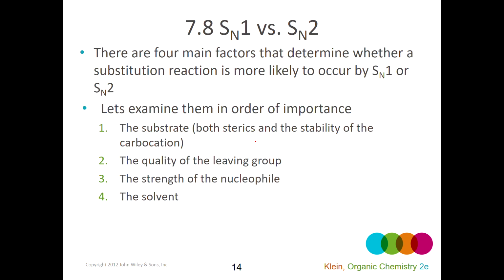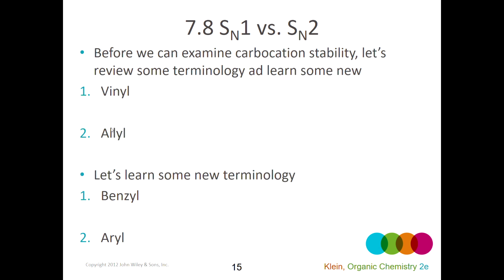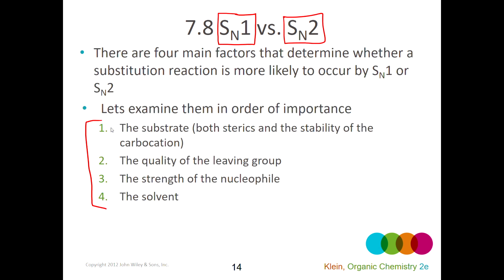All right, so we've talked about a variety of these factors, but if we're in a situation where we have to decide if the reaction is going to happen by an SN1 mechanism or whether it's going to happen by an SN2 mechanism, we want to carefully analyze each of these factors before we really make the determination. So in some instances, it'll be obvious, but it won't always be. So let's go through these one by one. And some we've already talked about, but the